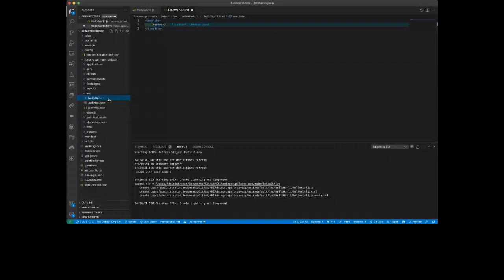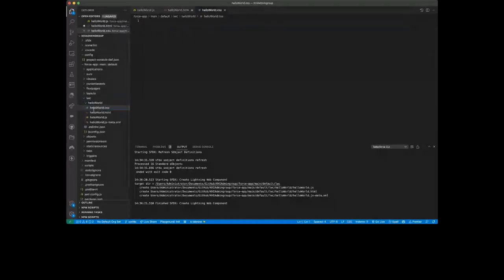What you need to do is simply right-click on the hello world component and click New File, and make sure that you type the right name that you named it earlier, followed by .css. Now you can see that the CSS file has been created, and now I can create my CSS class, let's just say blueColor,